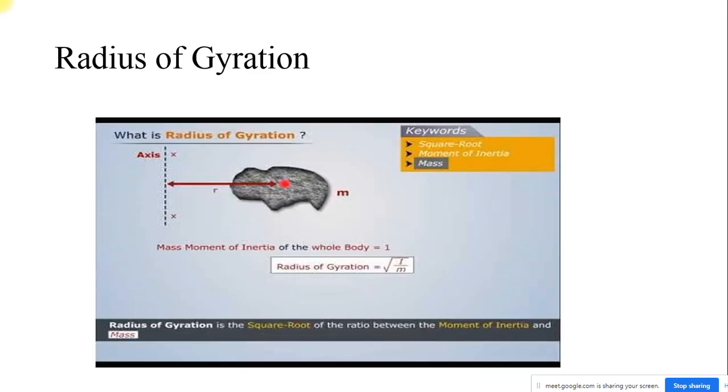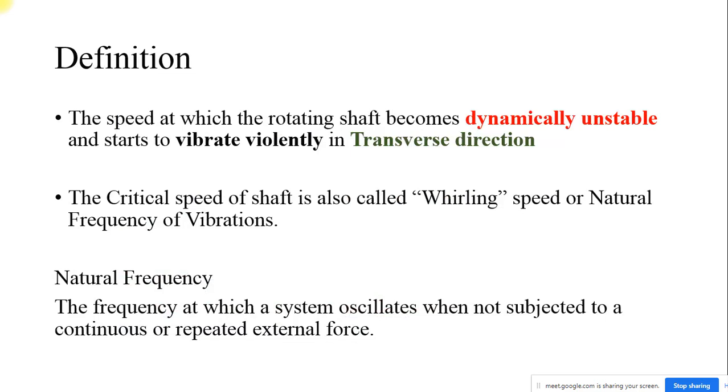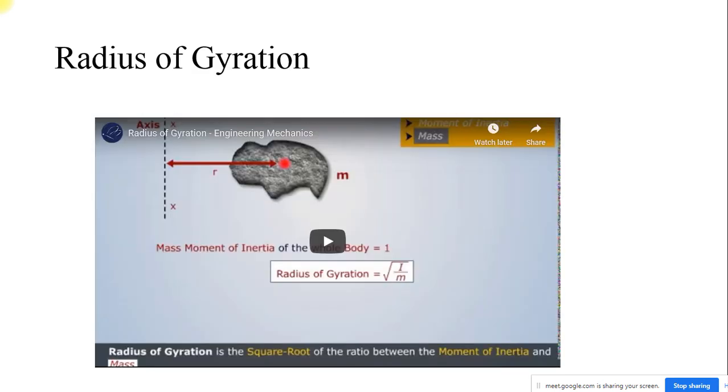Okay. So next, what happens actually is that at this critical speed of the shaft, where it is vibrating in the transverse direction, it creates the radius of gyration. So this also you may have heard in your subject. Even though, I will give a simple glimpse about radius of gyration. You may have studied this in your engineering mechanics. So you may watch this video so that you can have a little bit of a glimpse about it.